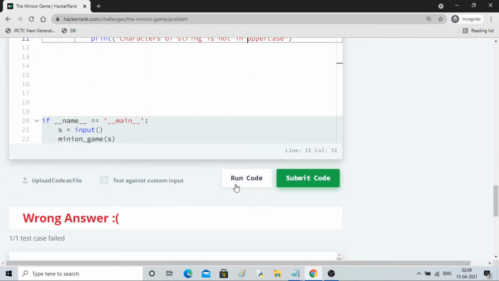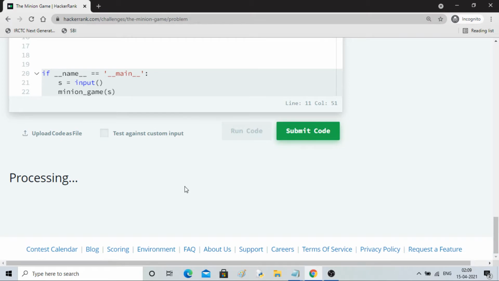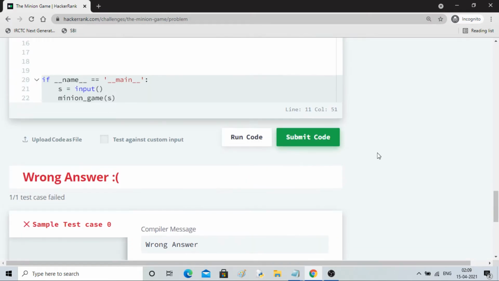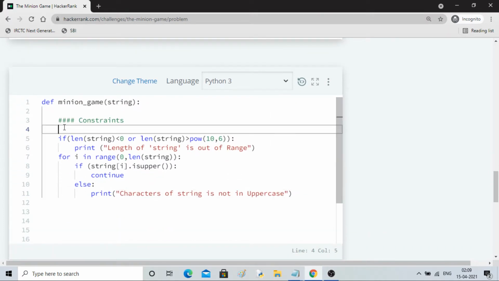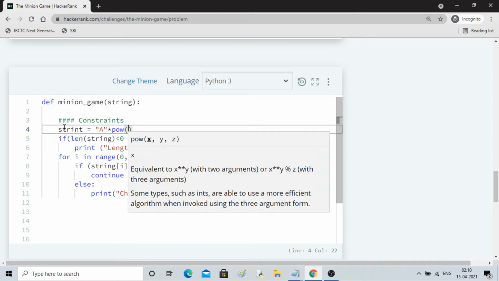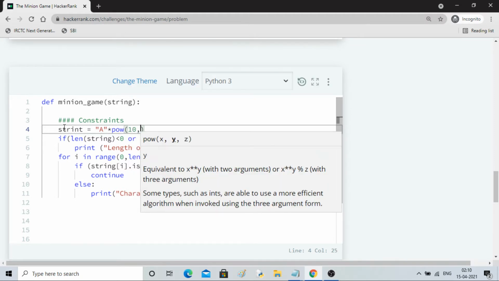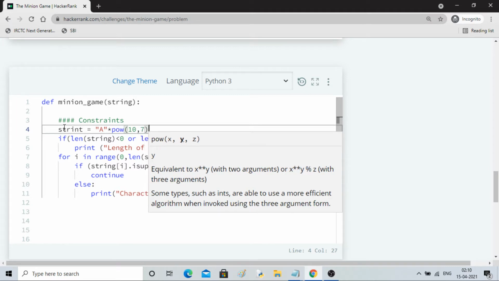Let's run it. So let's try a test input. Let me define a string equal to capital A times 10 to the power more than 6, let's say 10 to the power 7.